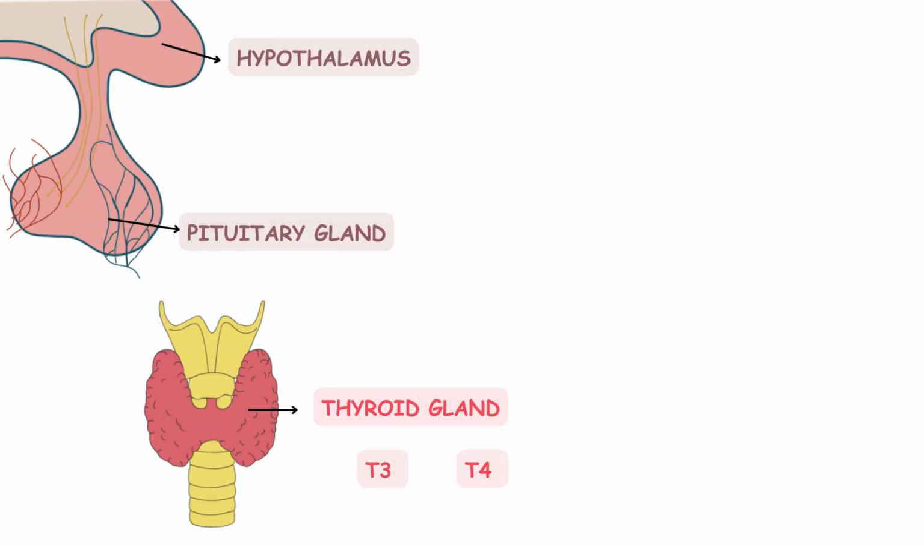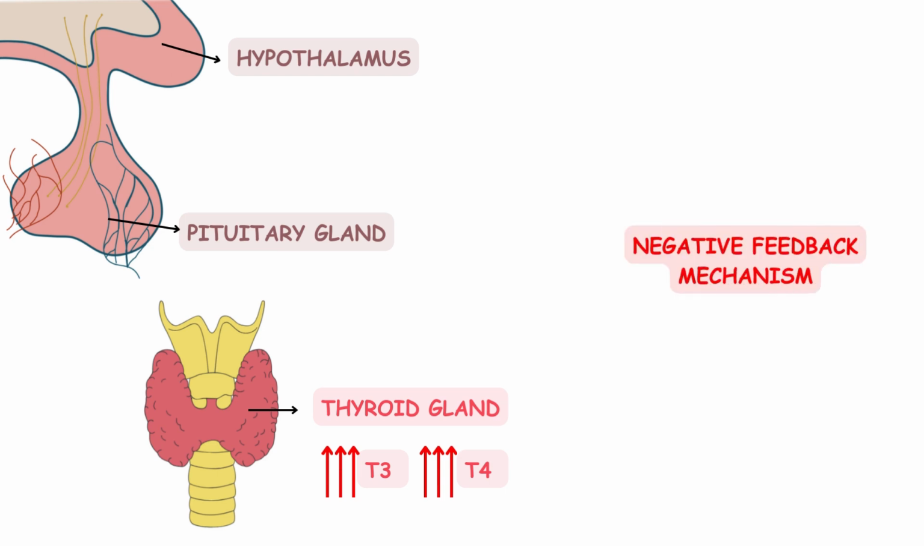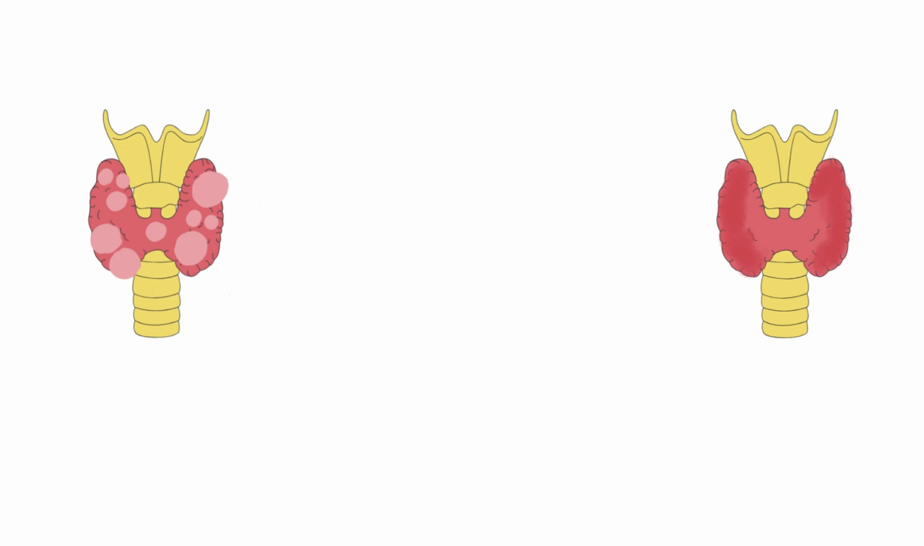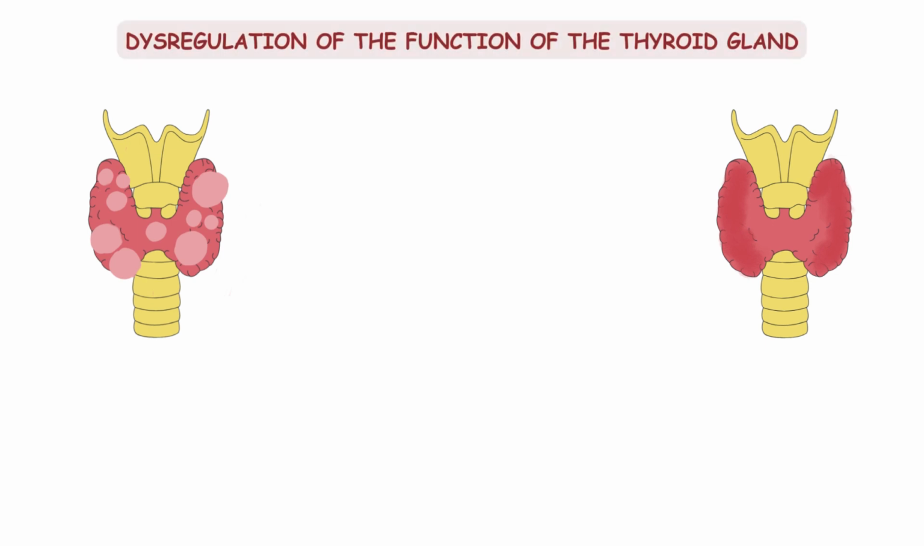Now, when T3 and T4 levels are high, to maintain balance, the body employs a negative feedback mechanism where the T3 and T4 hormones inhibit the release of TSH from the pituitary gland and TRH from the hypothalamus, preventing excessive thyroid hormone production. However, besides these control mechanisms, there are conditions that lead to dysregulation of the function of the